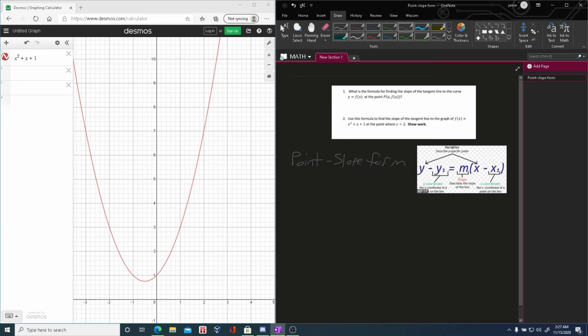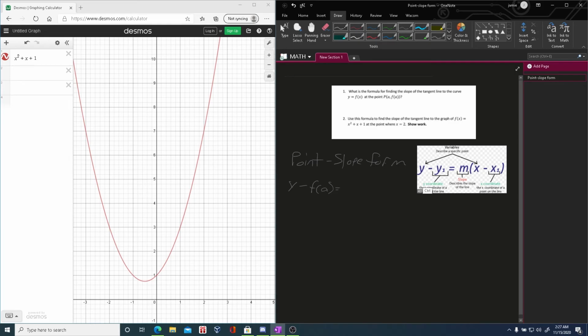This is a general formula, so we're going to apply it to what we see up here. We're just going to rewrite this point slope form with these variables. Just know that it doesn't give you any definitions for y or x, because these are general terms that we'll always include. So we have y minus y1, where y1 is the y value, which is f of a, so y minus f of a